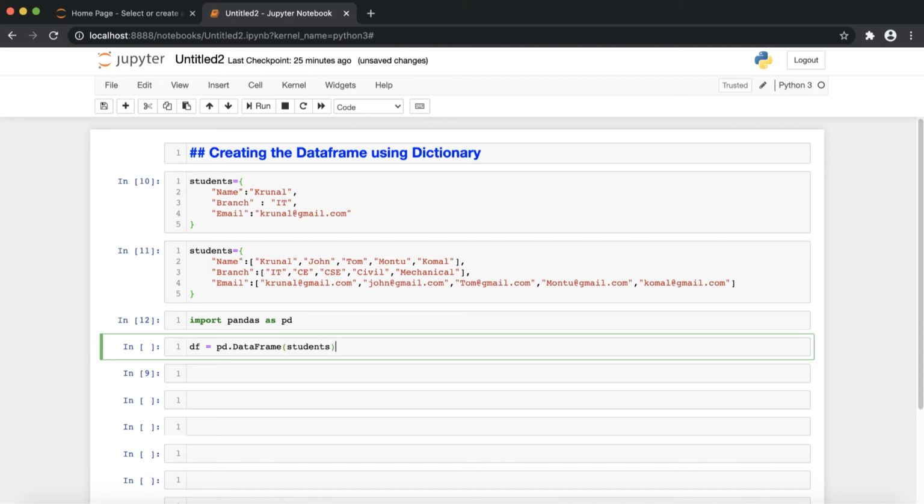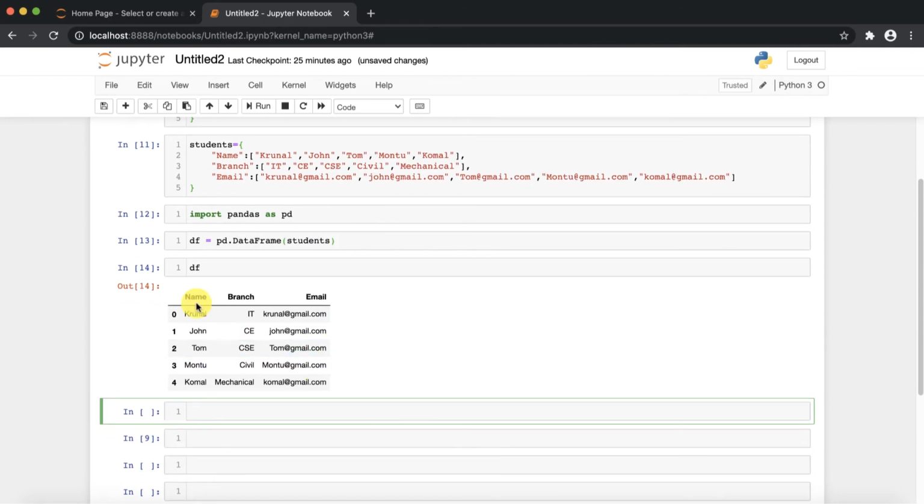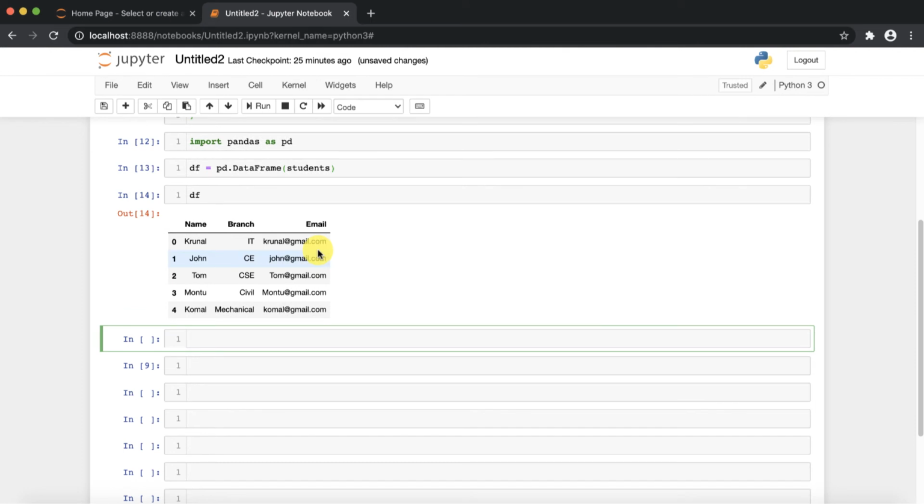Then my data frame is created. Now suppose I print the df, then you can see over here that with this index 0 1 2 3 4, name, branch, and email, my data frame is generated. Here you can see it is a two-dimensional data structure. It provides a two-dimensional view of my data with rows and columns.